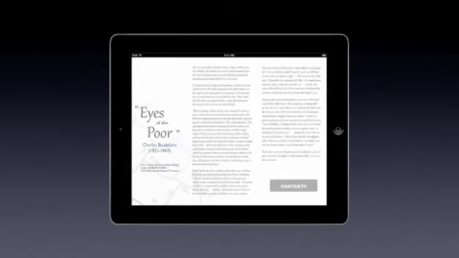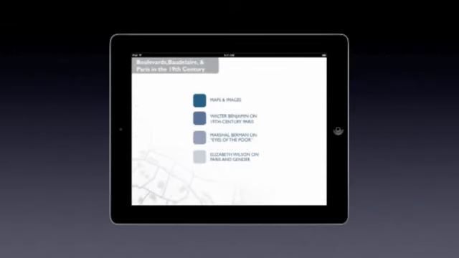But on iTunes U, I'm able to post a book that has interactive features so that students are able to read the text of the poem and then explore the very rich historical contexts out of which Baudelaire composed the poem. So, for instance, in addition to reading the poem closely and deeply, taking notes on the poem and including those notes within the iTunes U environment, students are also able to see a range of materials, particularly in terms